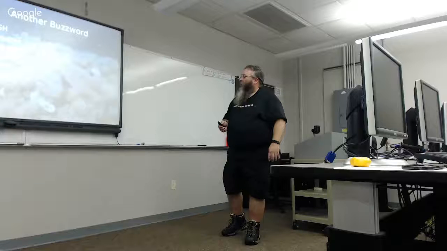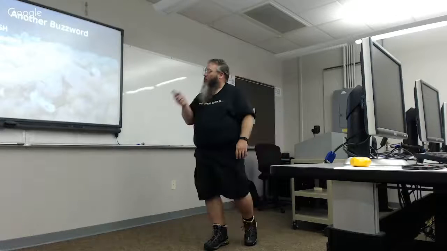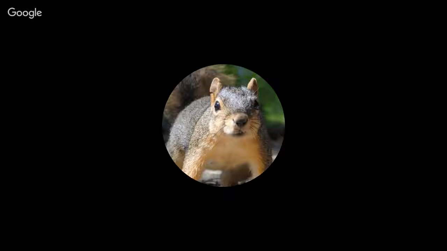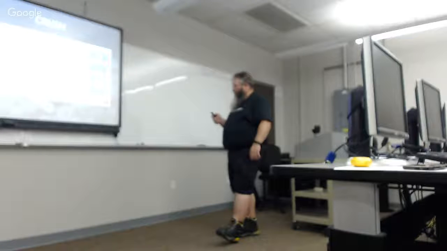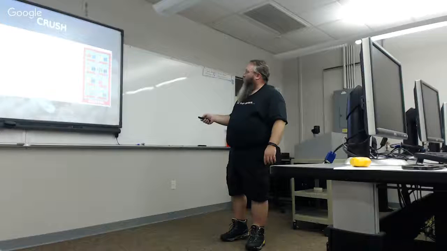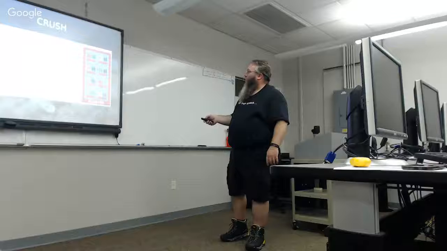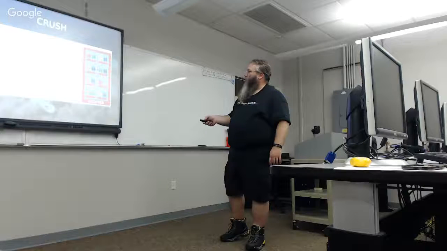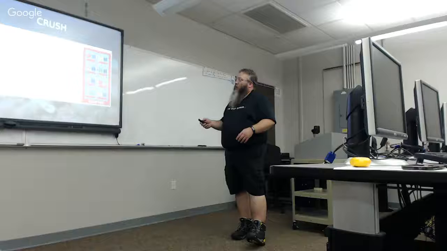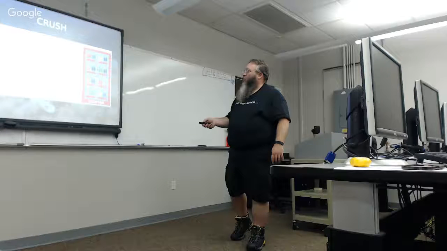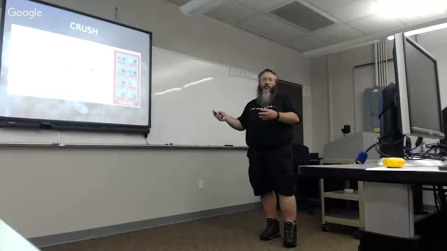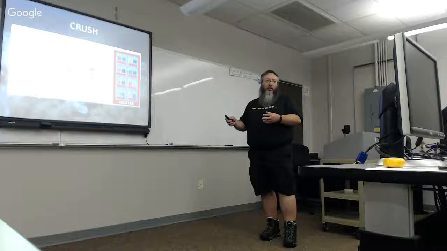Next one, CRUSH. Controlled Replication Under Scalable Hashing. This is the key to how it's achieving performance and scalability. And basically, this is an algorithm that's run. This is how it works. So like you've got your cluster over here, and we have talked about placement groups. Basically, what happens is that you get your object, you give it a name. This name gets mapped to a placement group, which is basically just how it keeps track of objects.